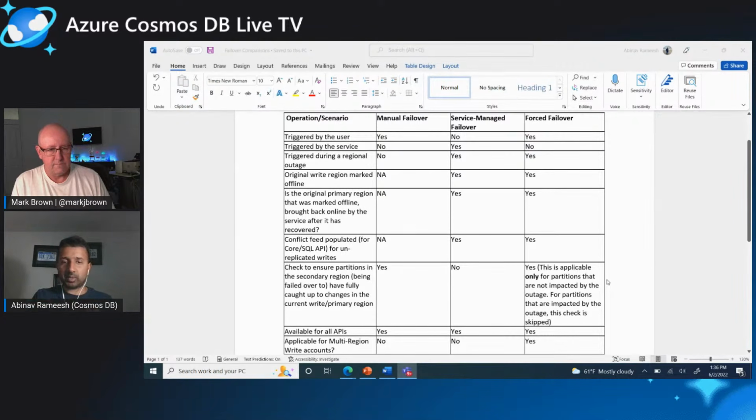And if that primary has already been shifted to another region, then that guy will throw a particular status code. Typically, that'll show up as a forbidden exception because it's saying, hey, you're actually not allowed to write to me in this region. So there, the SDK will react to that and then simply retry that request in the next region, right? At this point, we're assuming that the failover, at least for this partition, is either in progress